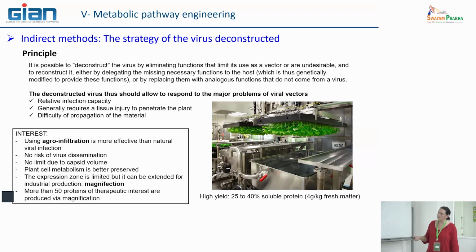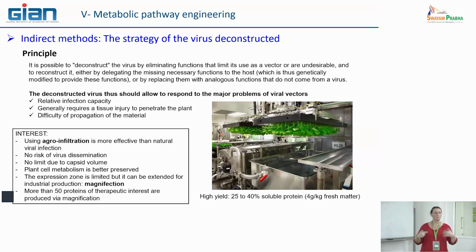Here it's a photograph, but there are lots of systems. Sometimes it is some tunnels. There are different types of organization. Here you have the bath with the agrobacterium solution. Here you have all the plants. And you have seen it can be completely automatic. Nobody is needed to do every step. It's like indoor farming. You just have to take a look. Machines are doing things for you. And at the end of this process, everything you see is mechanically transferred from this bath to another one, and so on and so on.